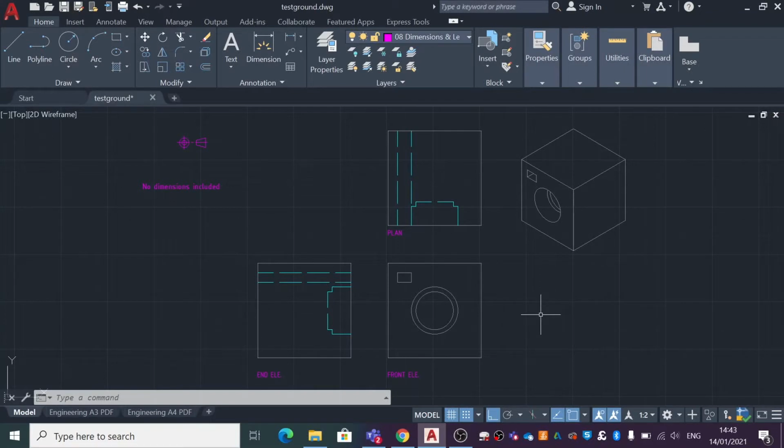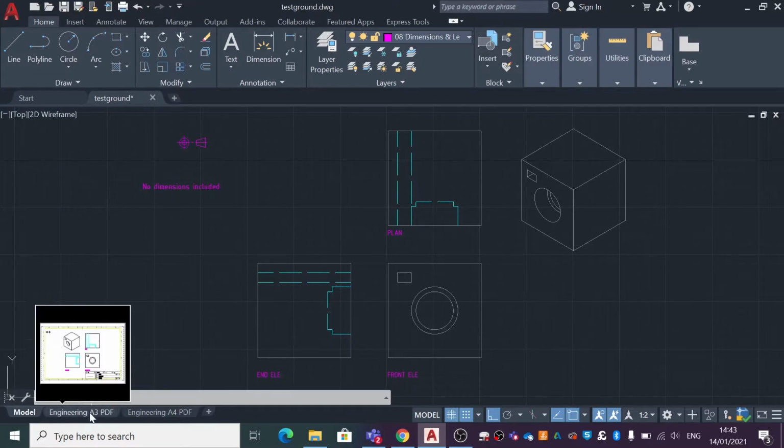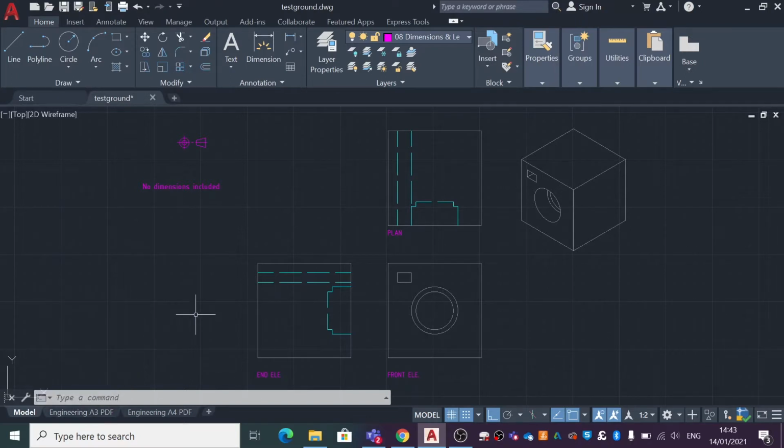This demonstration is going to show you how to take something that you've been drawing in the model space and move it over into a viewport so that you can generate either a PDF or send something off to a printer or plotter. As you can see, I've got a very basic cube-shaped